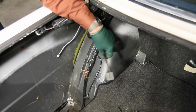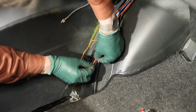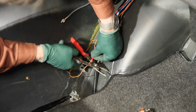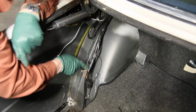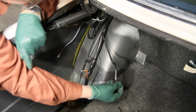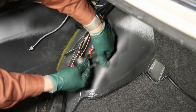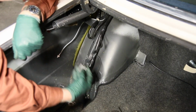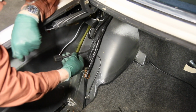Here's the wiring modification completed. I did take about 11-12 inches of brown wire with a couple of red butt connectors, and I extended this ground wire for the plug, ran it up through here and down here, and then you can see I used electrical tape, and I wrapped this harness, and then I wrapped this harness. So, you know, an expert could look in here and see that something's been done, but most people aren't going